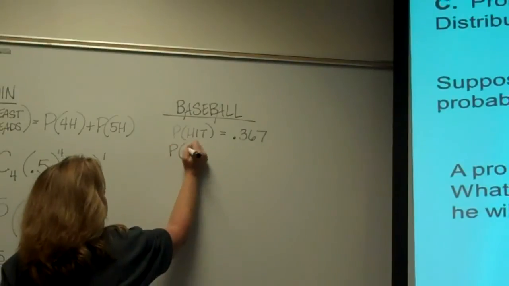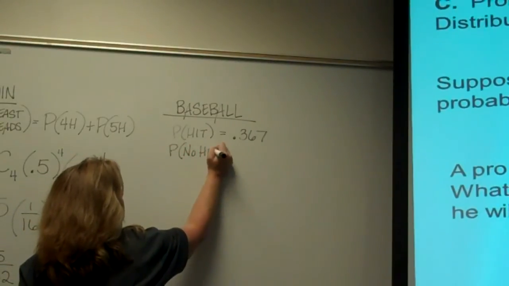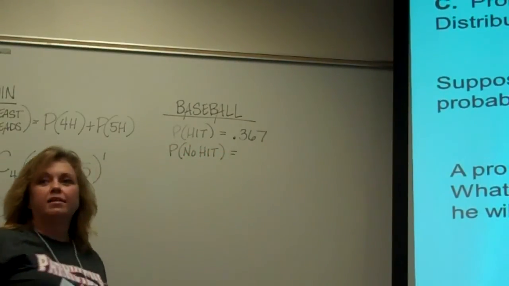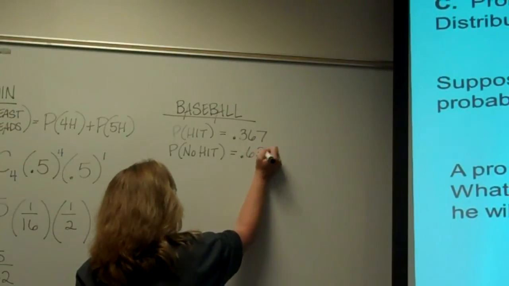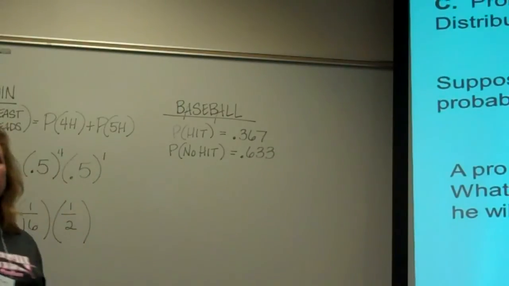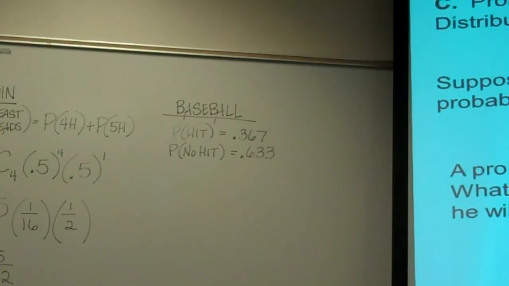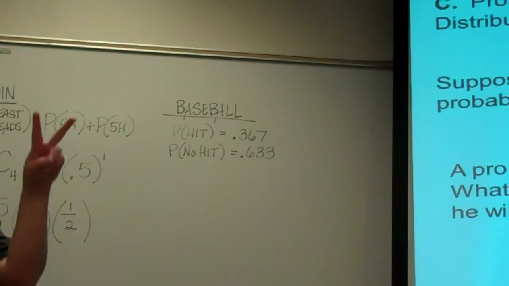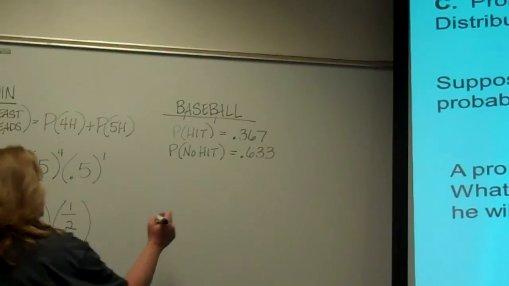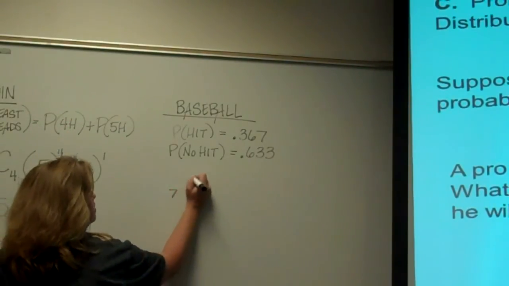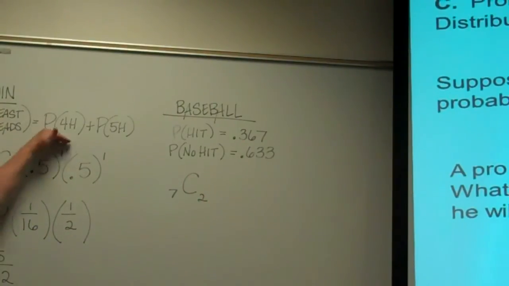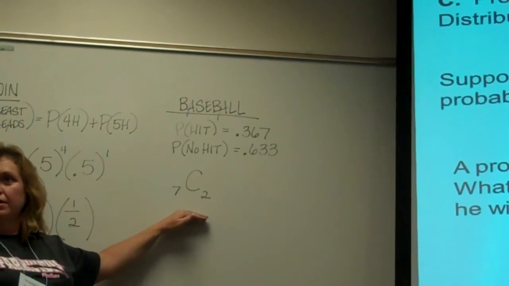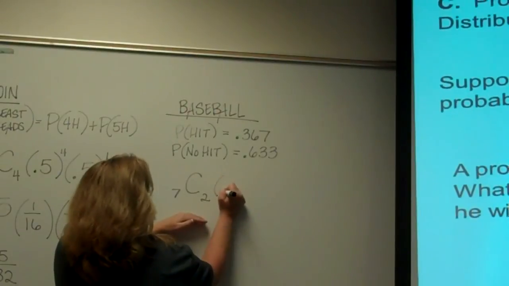The probability of no hit then is 1 minus that, isn't it? 0.633. And we want to get a hit exactly how many times? 2 times, right? So out of his 7 at-bats, we want to hit twice. So we're not going to set it up quite like this because we have nothing to add. We want exactly 2 times. All right? So 0.367